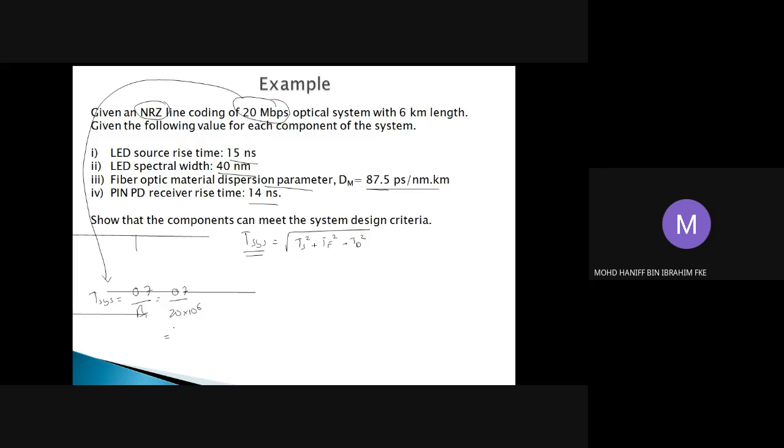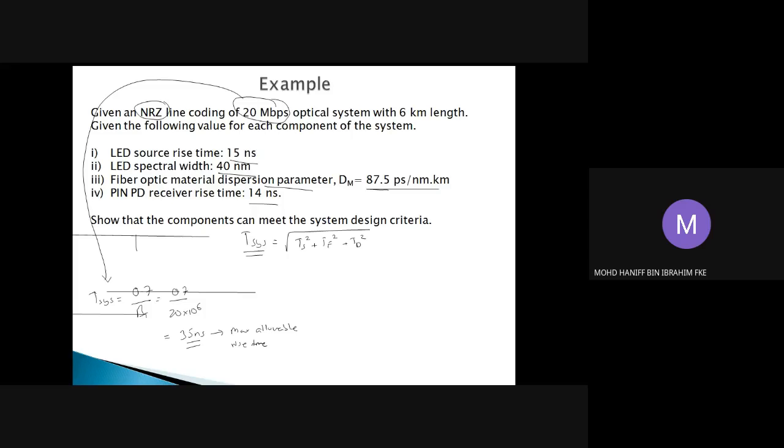When we calculate this, it equals 35 nanoseconds. This is calculated based on the proposed 20 megabit per second bit rate of the optical system, and this 35 nanoseconds is said to be the maximum allowable rise time